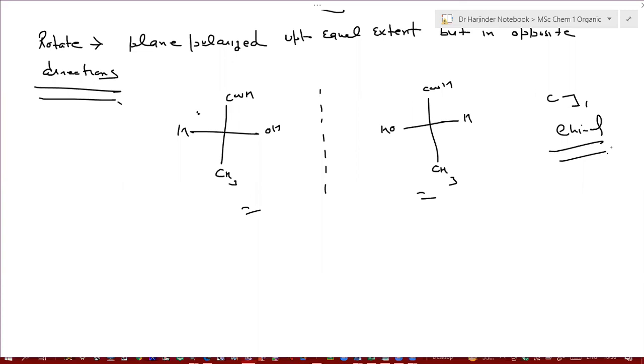They have identical physical properties. And since they have identical physical properties, we will discuss in detail tomorrow. And tomorrow I will also take your practical lab